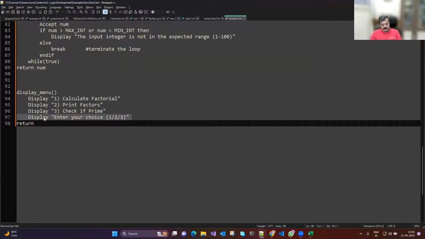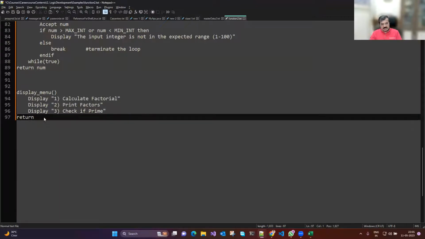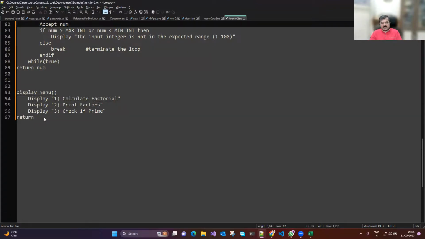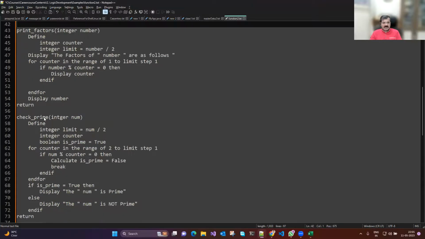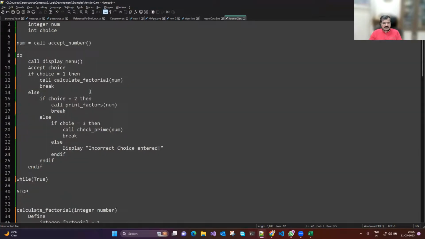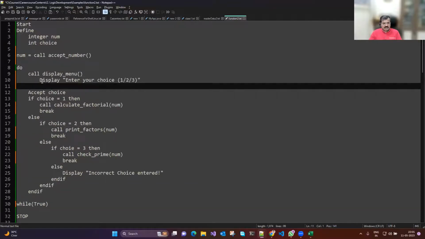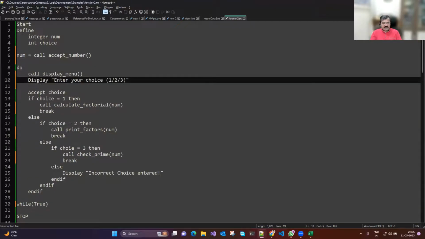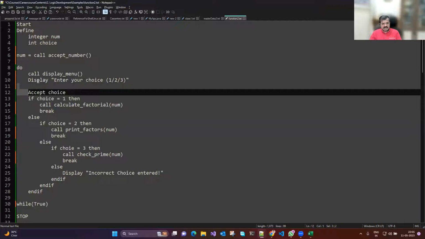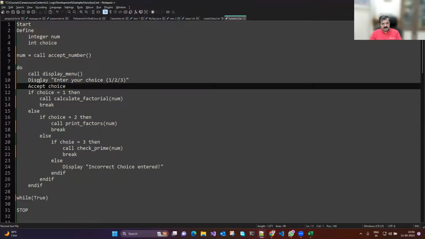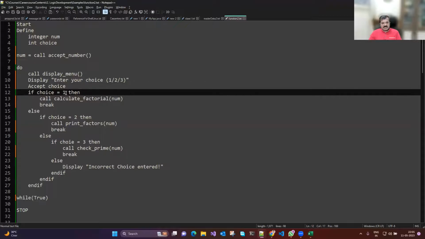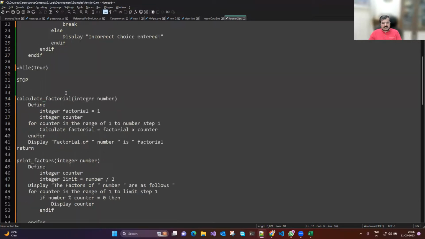जैसे आई कुड राइट दिस कोड हियर और आई कुड राइट दैट कोड देयर, व्हाट इट इज। ये आपका मेनू डिस्प्ले करेगा। मेनू है तो सिर्फ मेनू डिस्प्ले किया। After you have displayed the menu, we'll give the user the choice to enter the result. यहाँ मैंने कहा enter your choice 1 2 3, यूजर ने choice accept कर लिया। If choice is 1, okay, choice कहाँ accept किया देखते हैं।